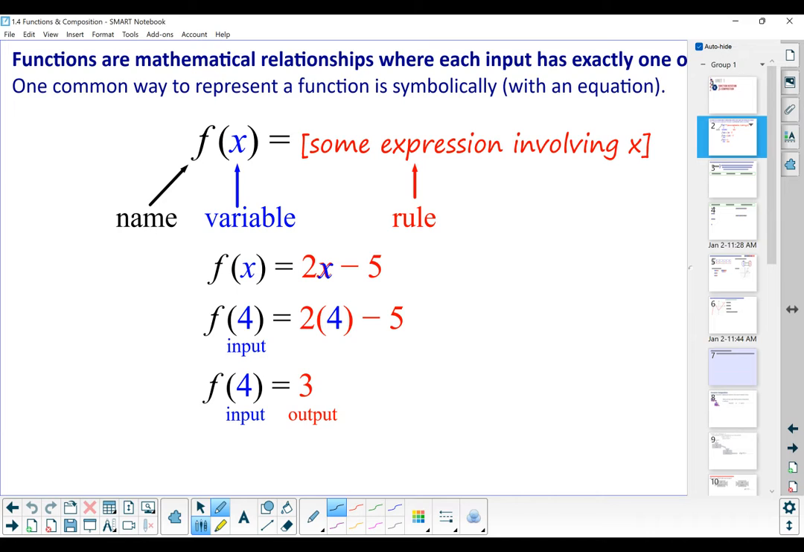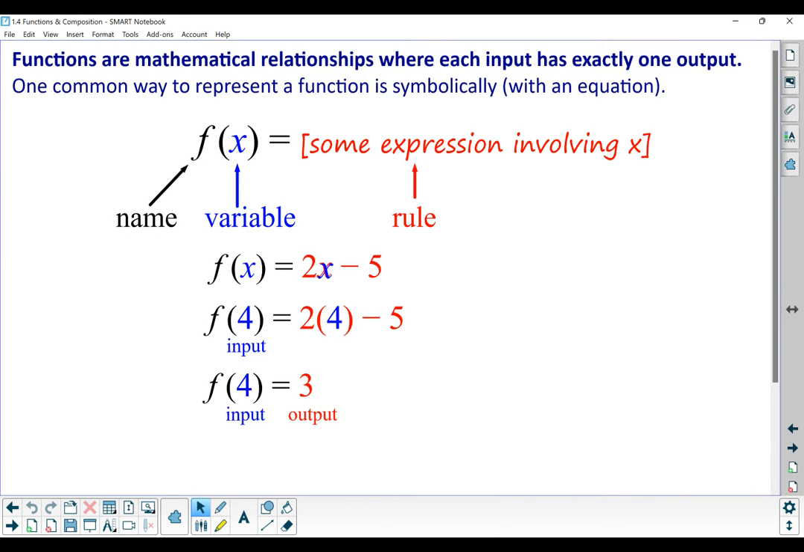So functions are mathematical relationships where each input has exactly one output. One common way to represent a function is symbolically or with an equation. So what we do is we name our equations. You'll give the function or the equation a name like f or g or h. And then after that function name, you'll have the variable. In this case, my variable is x, and we would read this as f of x, so a function of x. And then we'd have that equal to some expression involving x, and that is the rule that you use